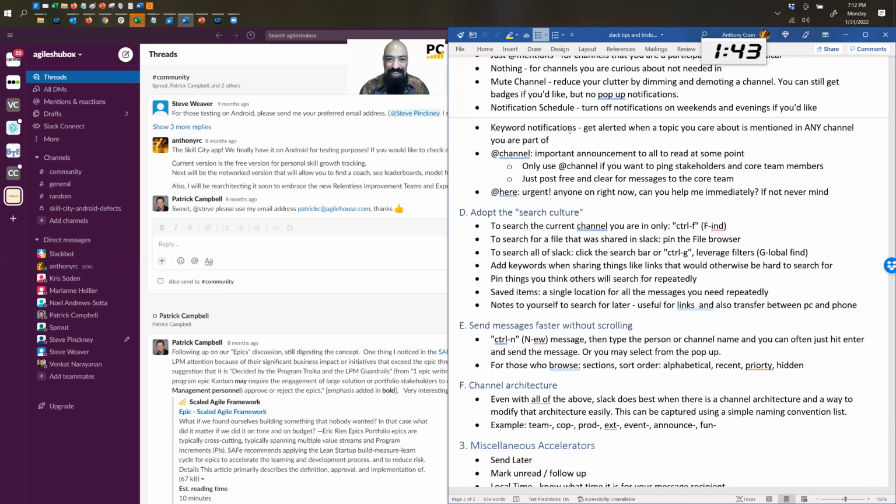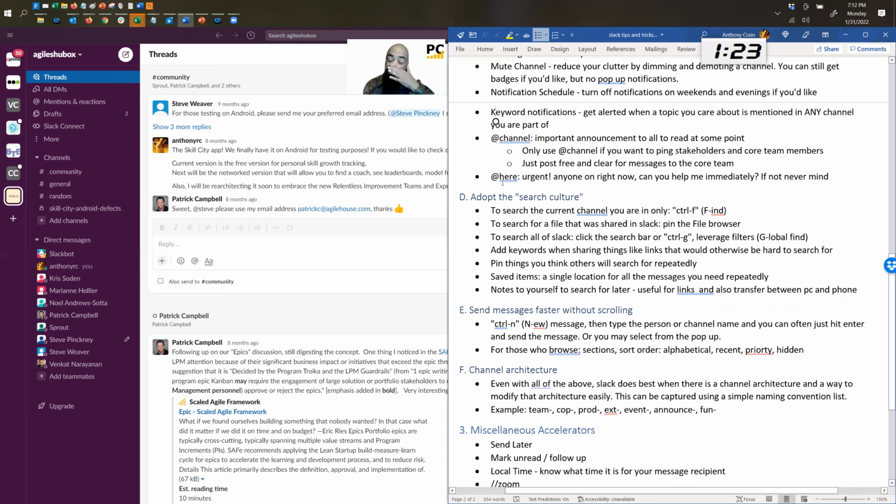When I first set it up, I didn't really know what it did. I was like, why am I getting all these notifications? And I'm like, oh, these are keyword notifications. So it's almost like they said at Anthony when they say SAFe. How cool is that? What do you care the most about? Those are your keywords that you want to light up if someone says them in a channel. Be careful though. Don't put common words or you might be in trouble.